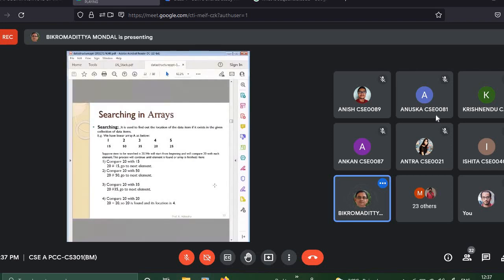Remove X from the array. That means if X is present in that array, remove it. It may be a single entry, or it may be multiple entries. If multiple entries are there, then you have to check the entire array. Okay, and you have to remove it whenever available.